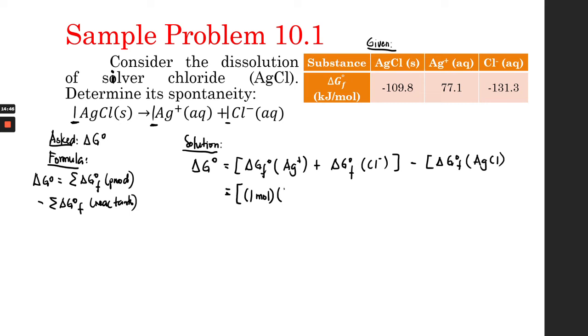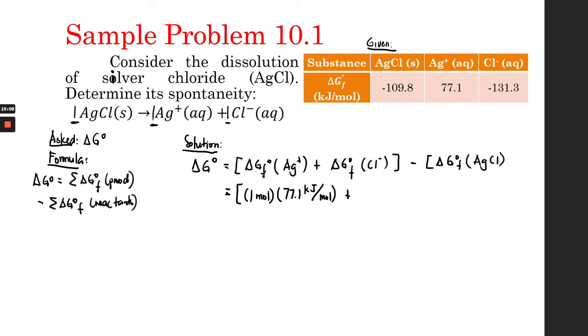So we have 77.1 kilojoules. Remember this, guys, this is in kilojoules, so meaning this is 77,100 joules, no? So it's in kilojoules, remember that. We have per mole